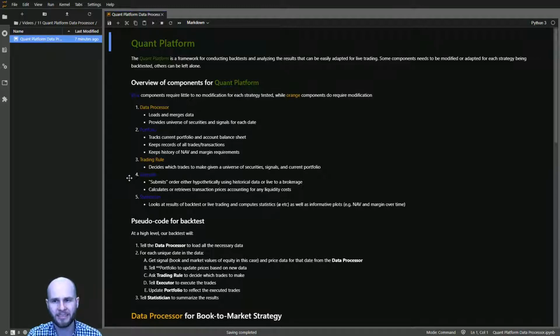The fourth component is an executor that takes the desired trades and executes them. For our backtests, this executor will be what accounts for any kind of liquidity costs we want to assume associated with trading. One of the nice things about the way we're designing this platform is it's easily adaptable to live trading, where part of that adaptation would be to use a different executor that submitted the orders to some API